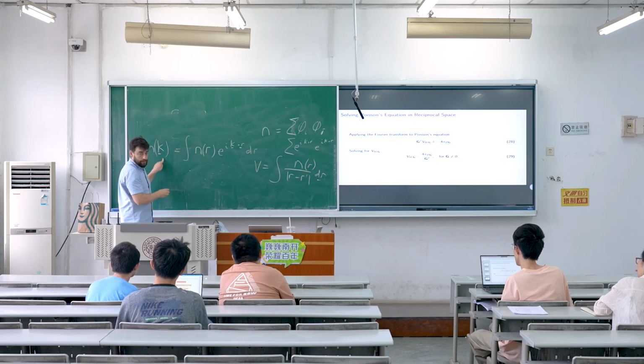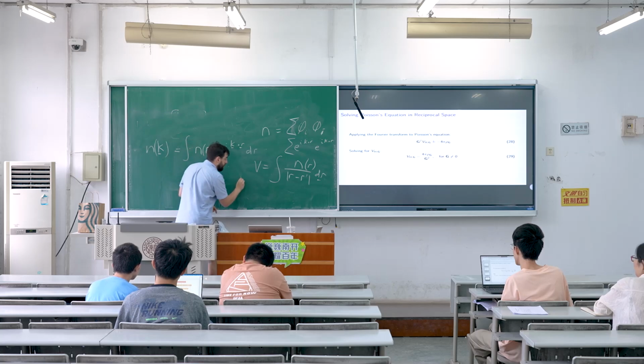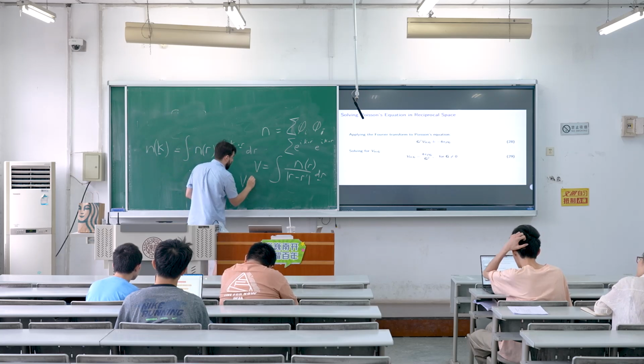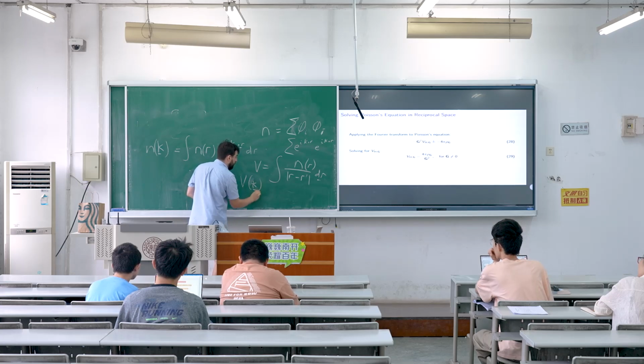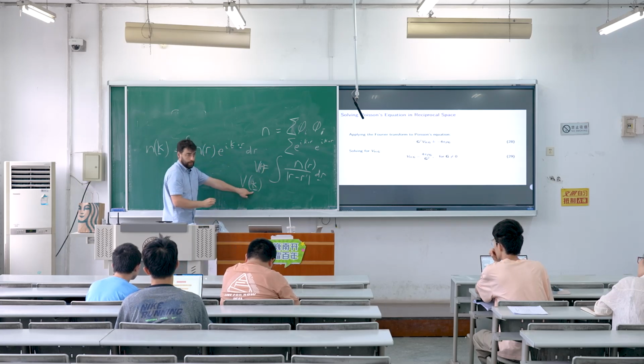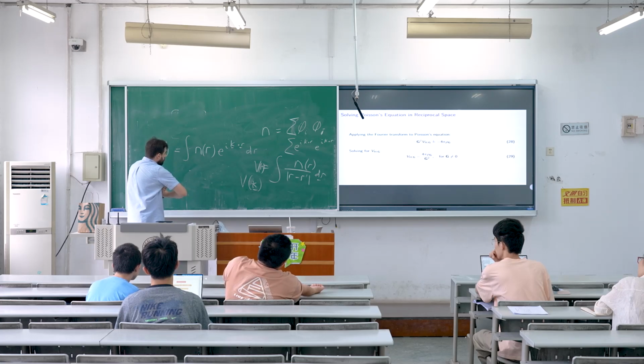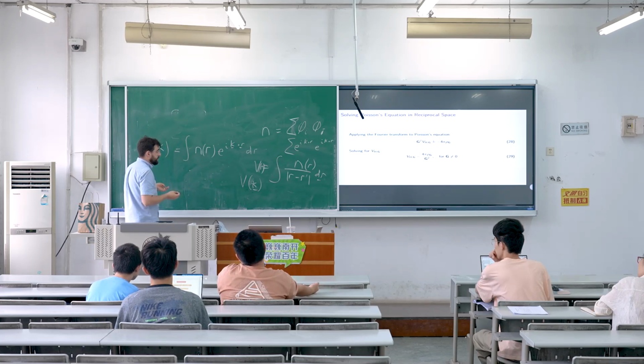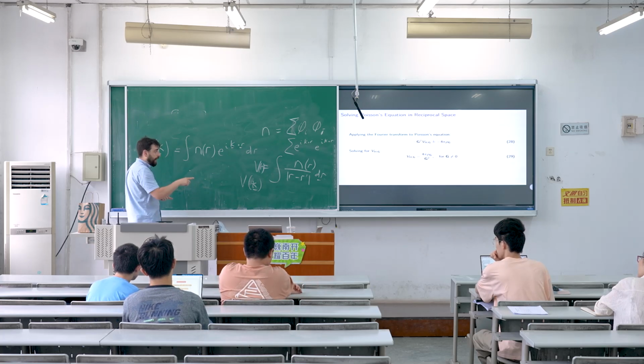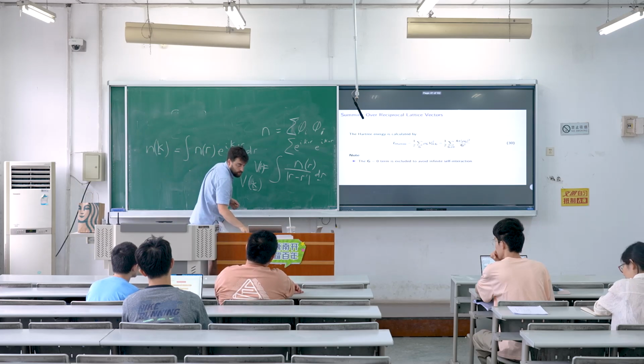If we take the Fourier transform of our density, then what we need to be able to do is to write our potential also in reciprocal space. We need the Fourier transform of our potential. So effectively, what we need to say is: what is the Fourier transform of our potential, and how do we write it in terms of the Fourier transform of our density? And what we do is this: